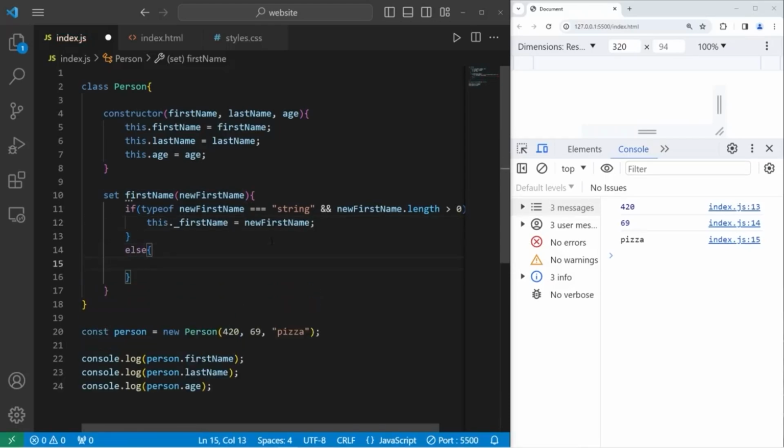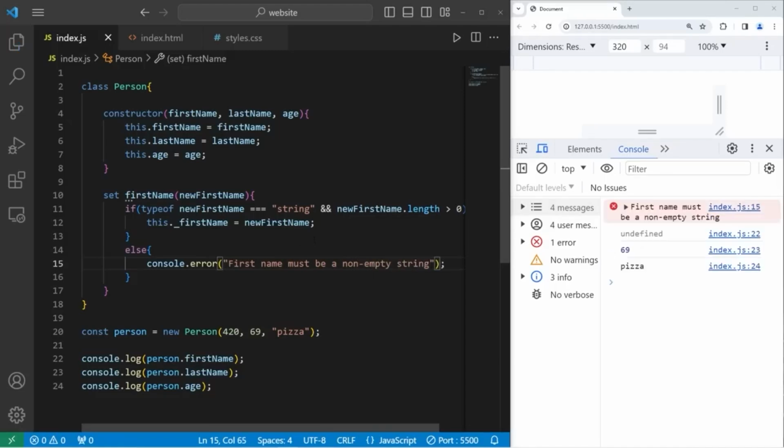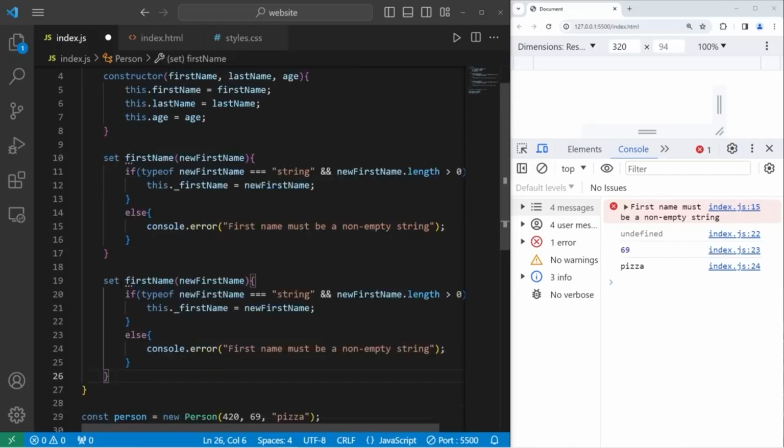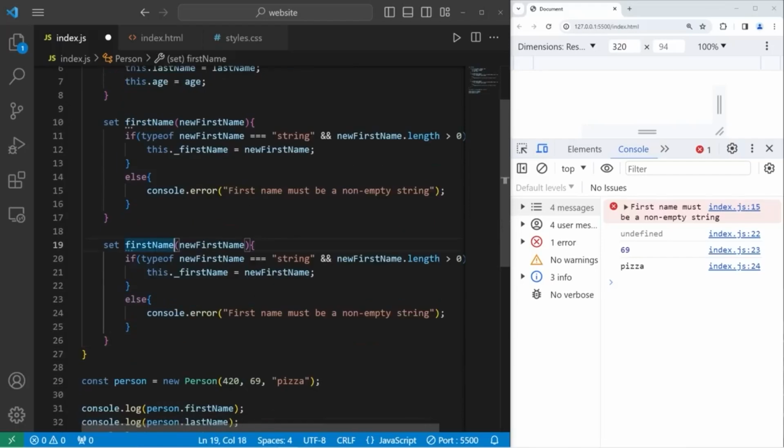Else, let's console.error first name must be a non-empty string. Let's see if this worked. I'm going to save. First name must be a non-empty string, and currently our first name is undefined. Okay, that worked. Let's copy our setter for our first name, paste it, change every instance of first name to